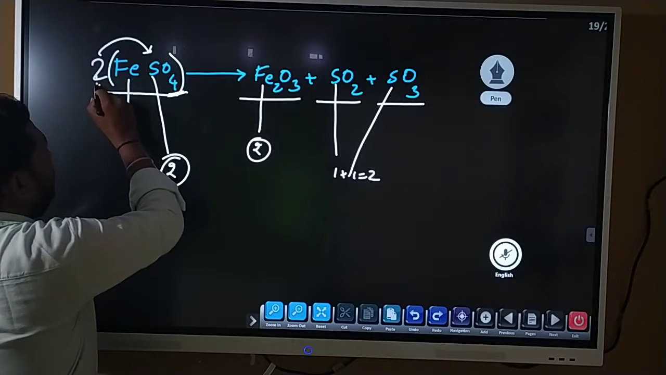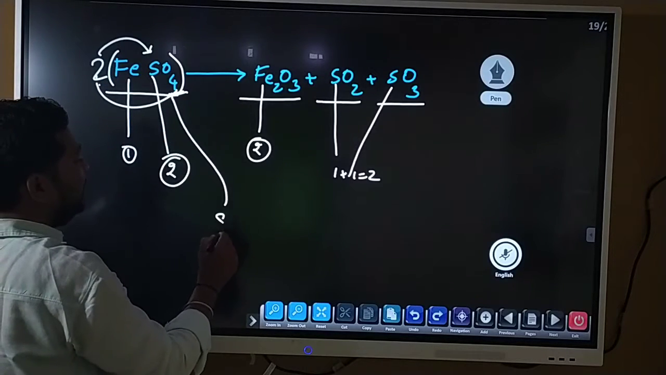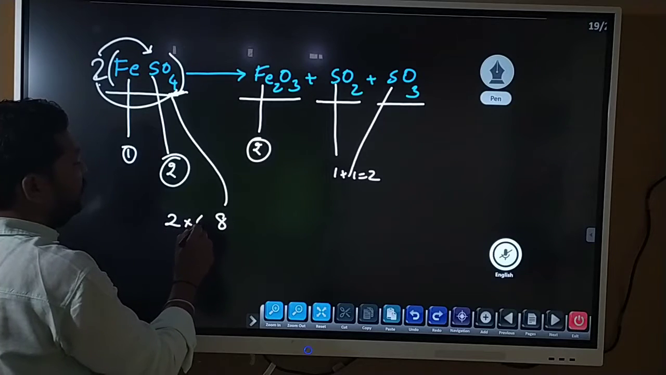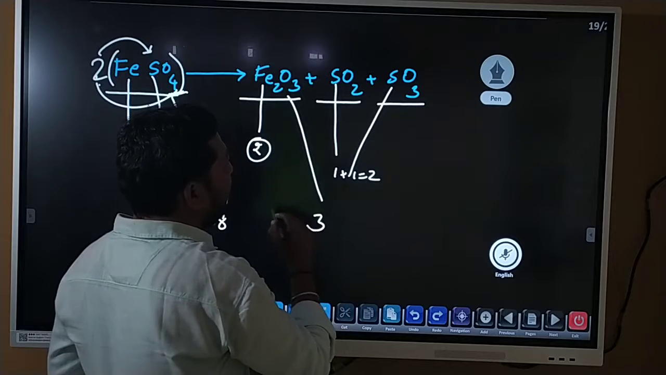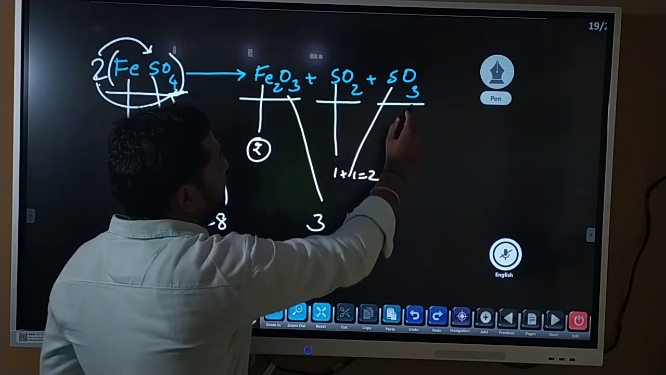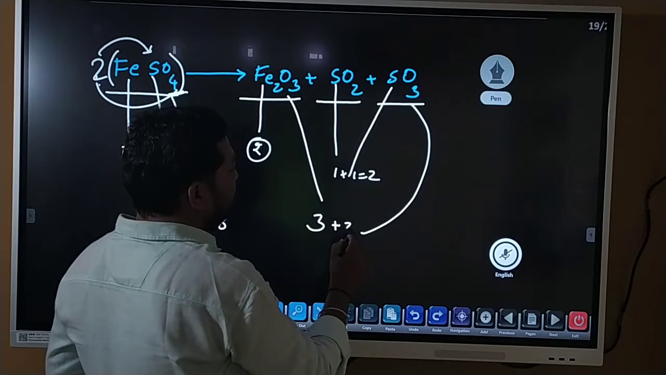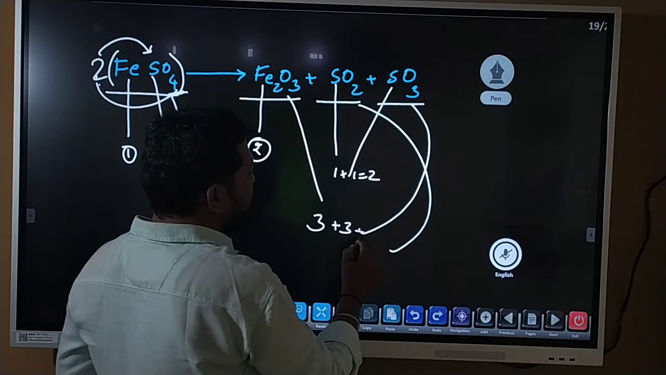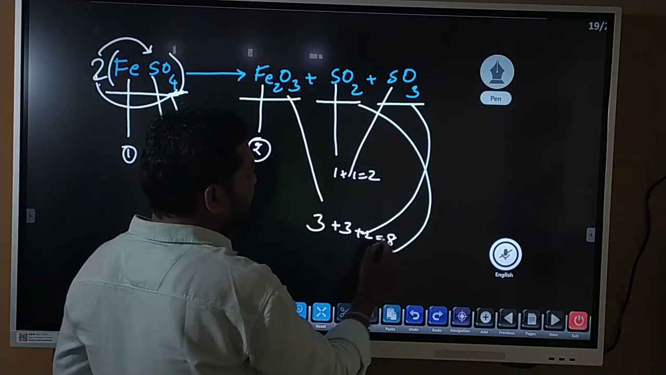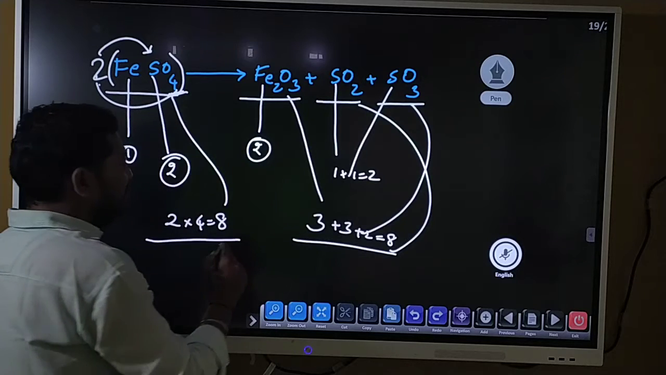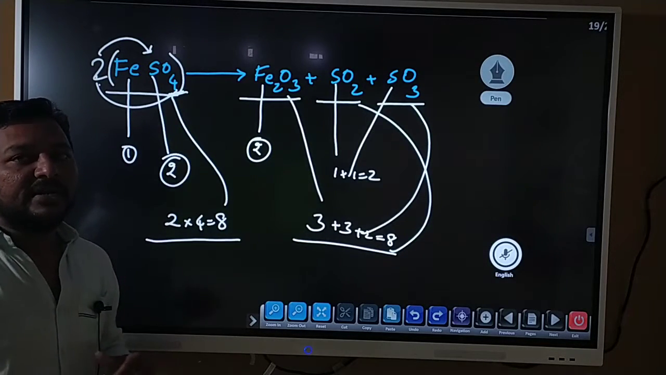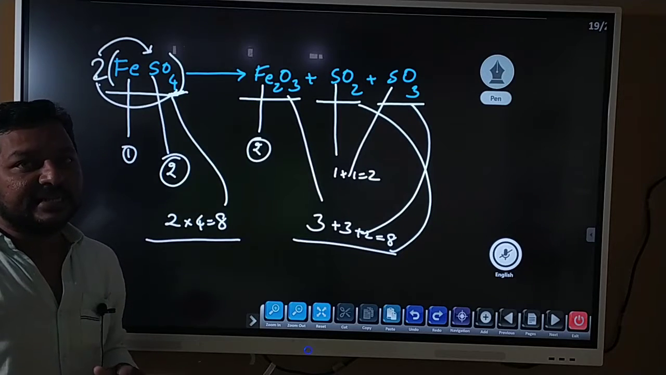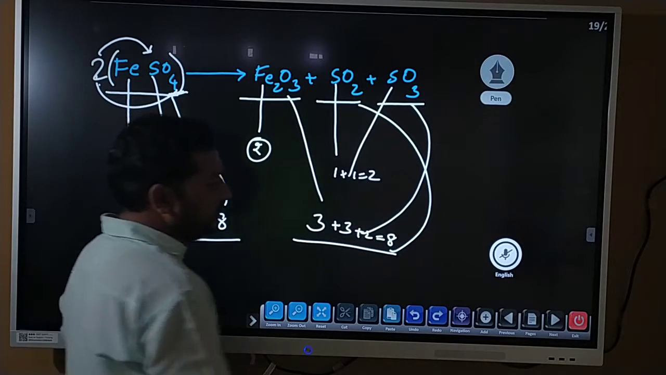Here 2, 2 into 4. How many oxygens are there? 8. 2 into 4 is 8. Here 3 oxygens are there, and here 2 oxygen. 3 plus 3 is 6, 6 plus 2 is 8. Here all the things get balanced. So this is called converting the skeletal to a balanced chemical equation. Next,